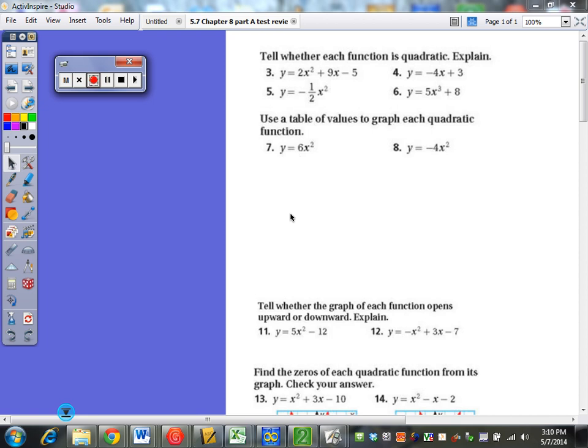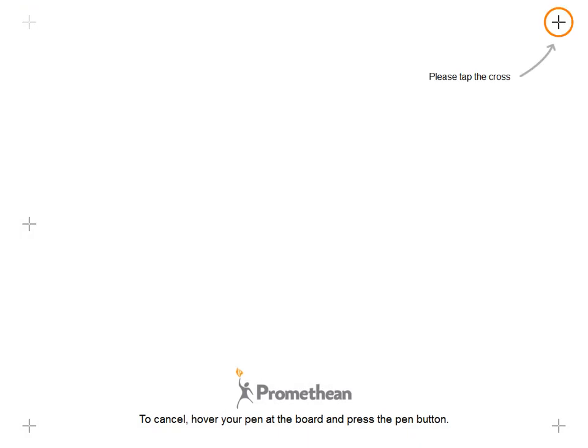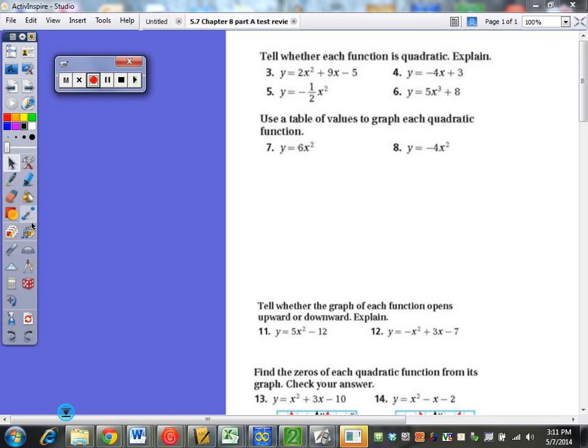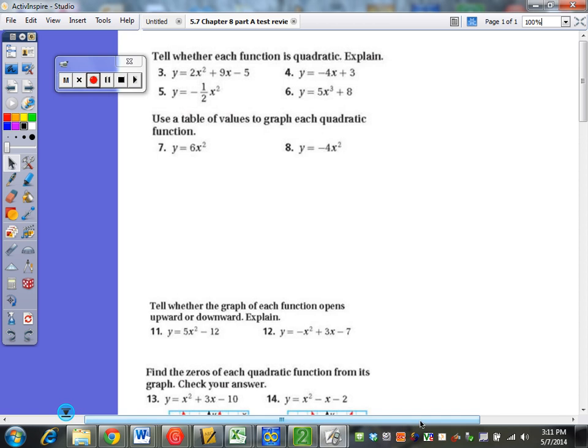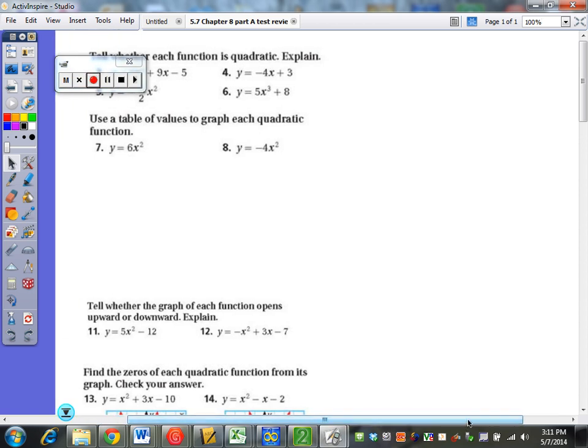All right, so this is going to be the test review for tomorrow's test. We'll go through the solutions. Recalibrate the screen real quick. Okay, so looking at the test review out of the book that we started to work on in class today,